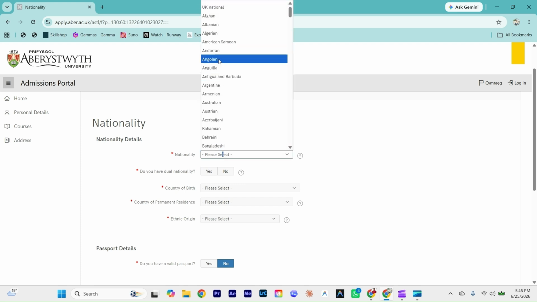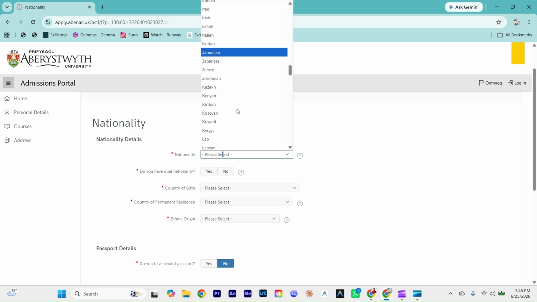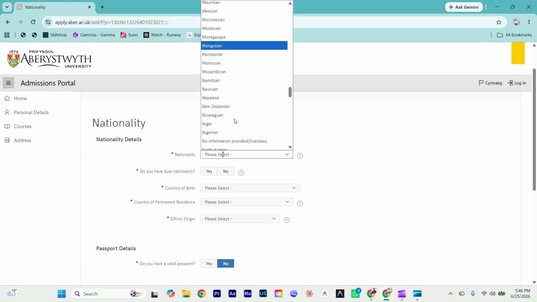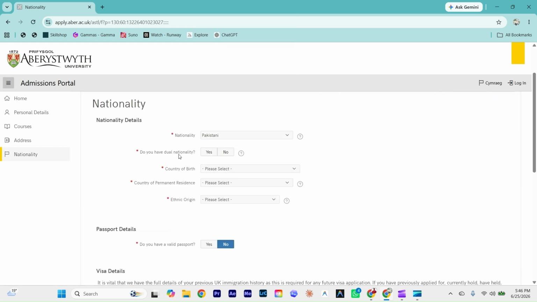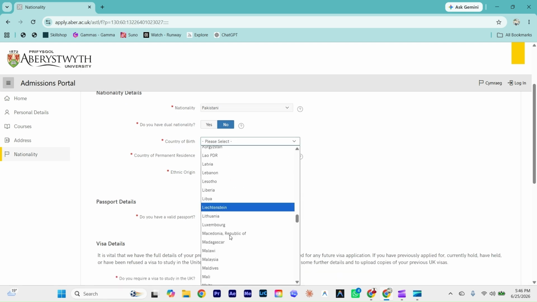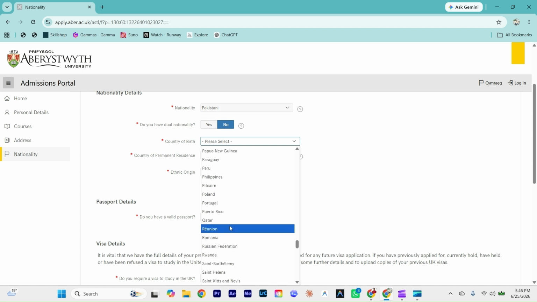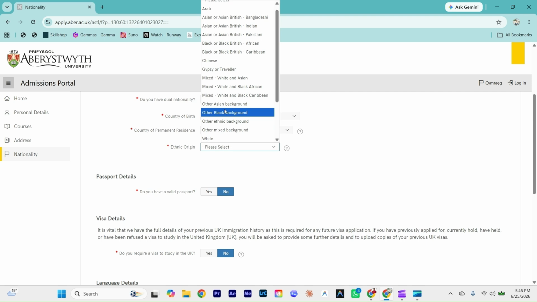Your nationality. I'm a Pakistani national, so I'll select Pakistan. You will select your own nationality here. Country of birth, it's Pakistan. You need to select your own country, please remember that. Ethnic origin,